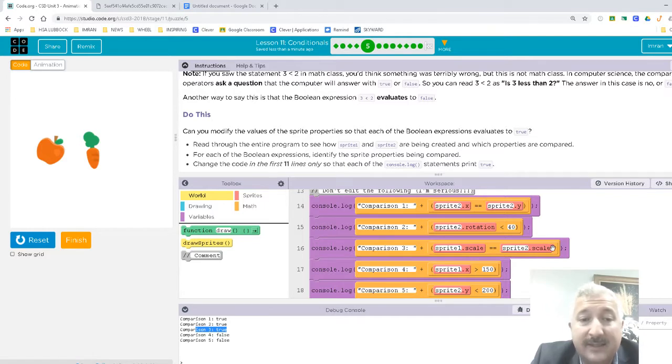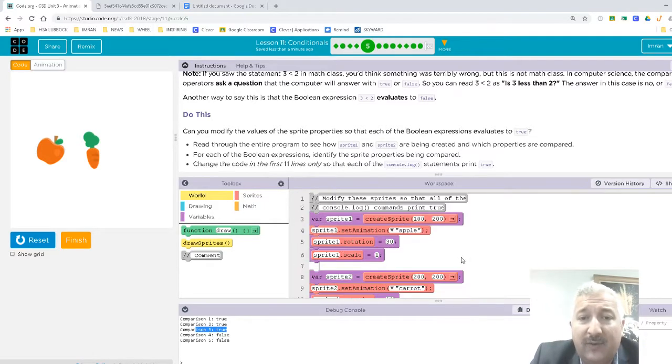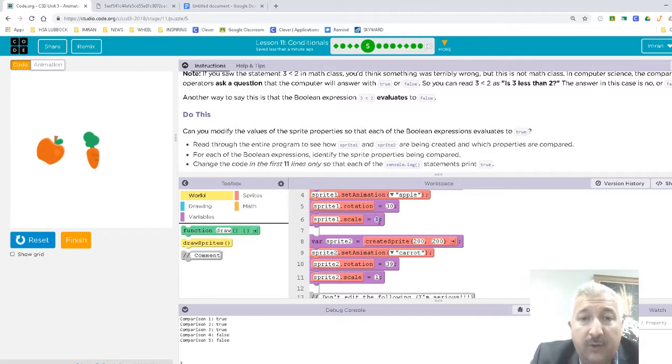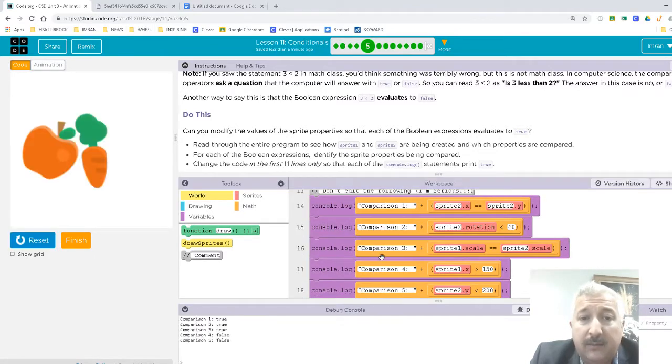Their scale is the same. How about this? If I just make both of them 2, is it going to be the same again? Yes, comparison 3 is true. They are supposed to be equal. It doesn't say they are supposed to be 2 or 1 or 1.5, whatever you want to do. Next, comparison 4 is